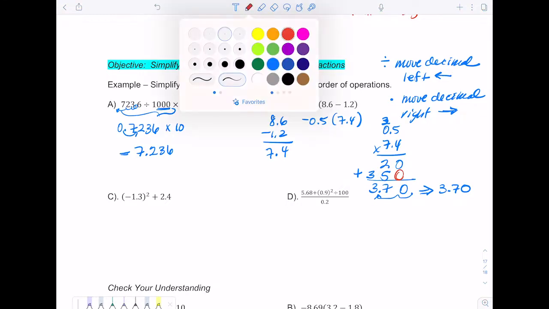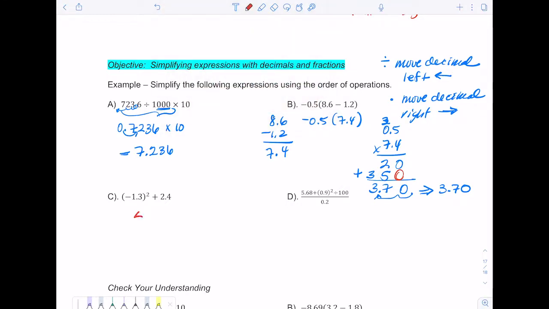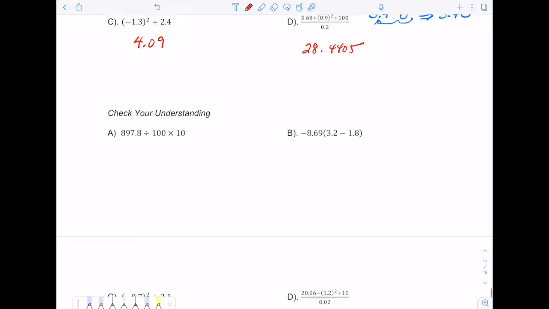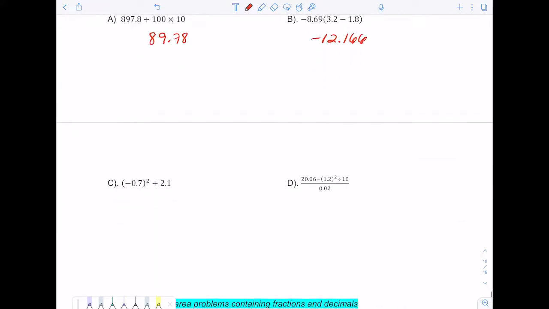Okay, you could try the rest of the problems on your own. For C, you should get 4.09. For D, you should get 28.4405. And for A, you get 89.78. For B, you get negative 12.166. For C, you're going to get 2.59. And for D, you're going to get